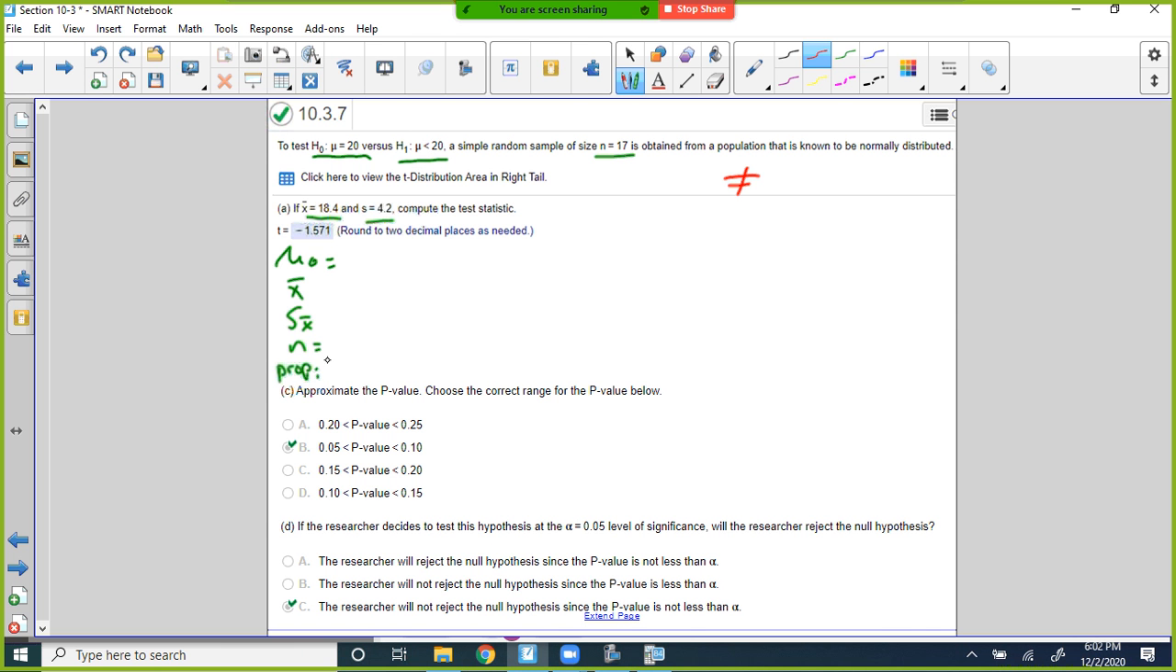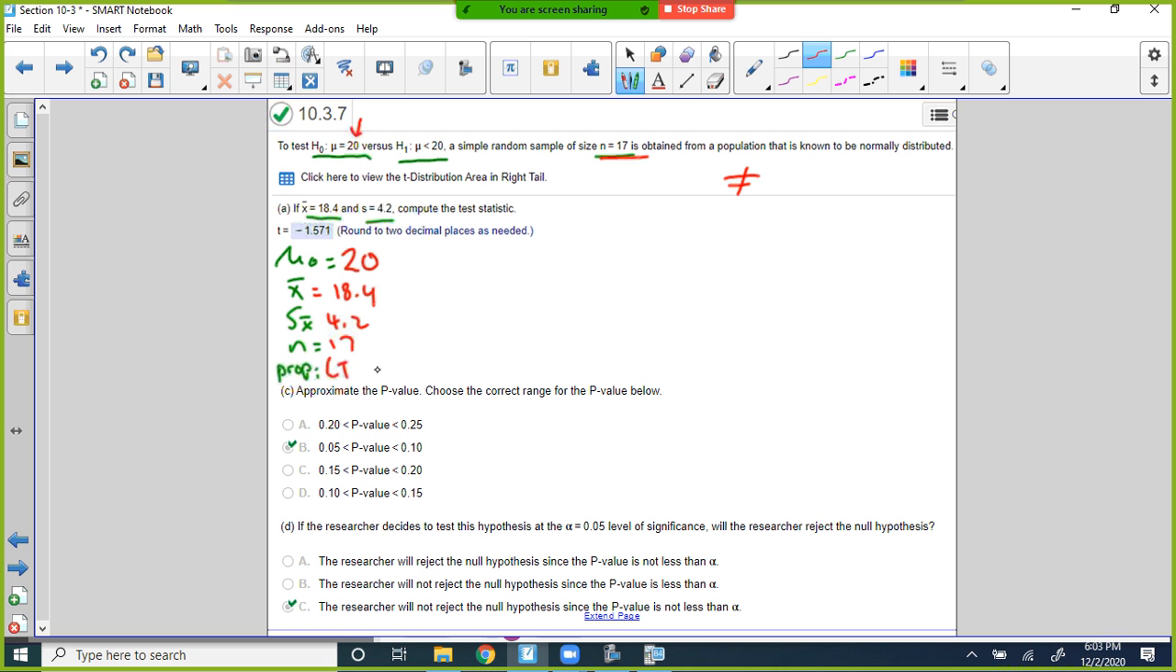There you go. So I'm going to put left tail right here. And if you put this out, you have it, you're pulling it all together, it's more organized. It's everything that it's going to need for the calculator. The mu naught, well, that's the mean equals mu naught, right? So that's 20. X bar is 18.4, and the standard deviation is 4.2, and we have a sample size of 17. Okay, every bit of this right here is everything that I need to do the test in the